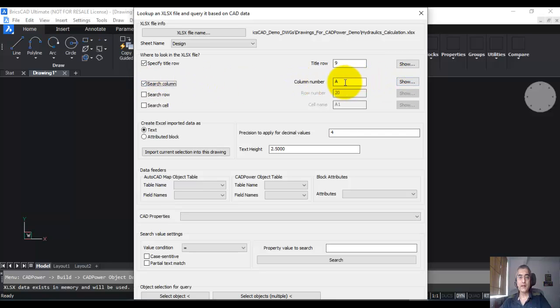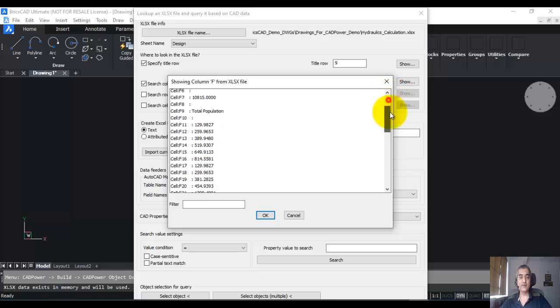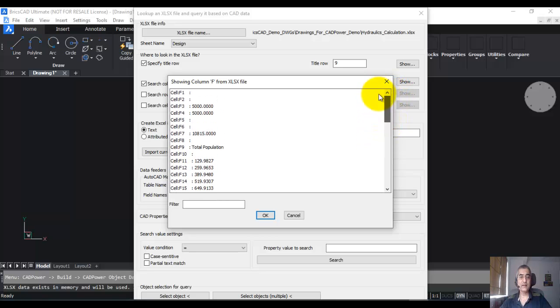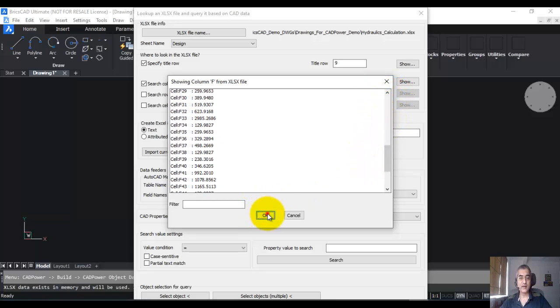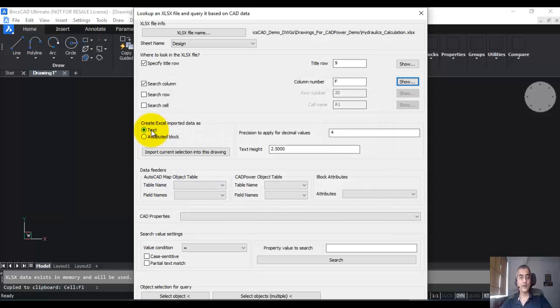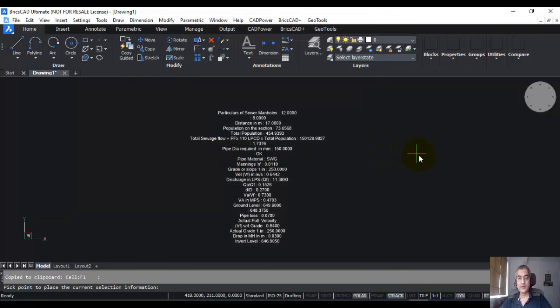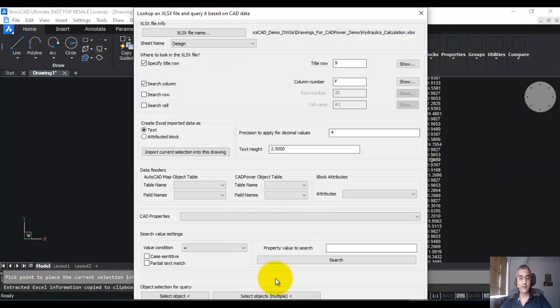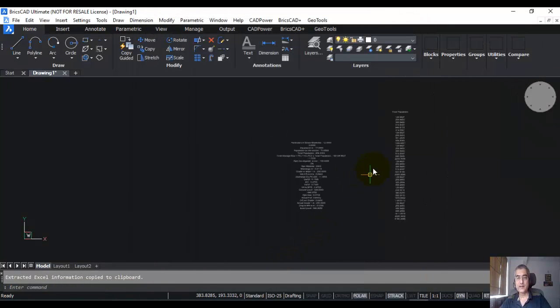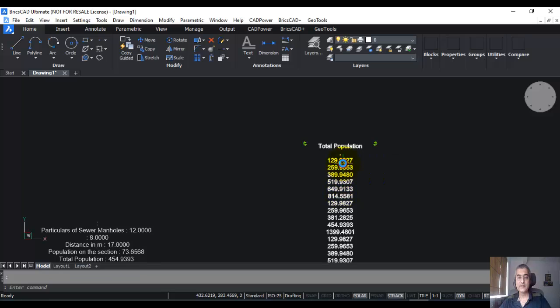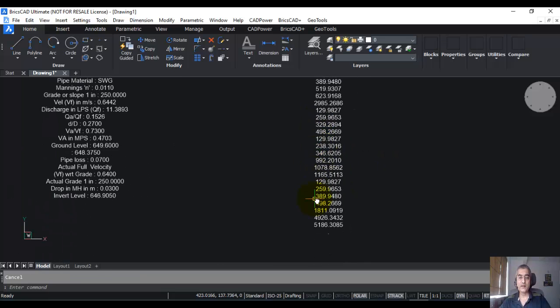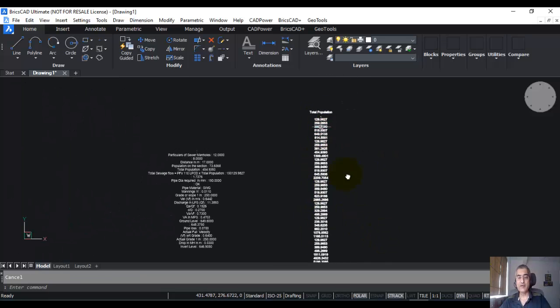So, let's say I want to extract column number F. I can just press here and see what column F contains. So this is what column F contains. Once again I go to this option called text here, import current selection into this drawing. Now it's going to import the column information and I'm going to pick a point here, escape, and you can see again this is an MText which contains all the information from your F column of